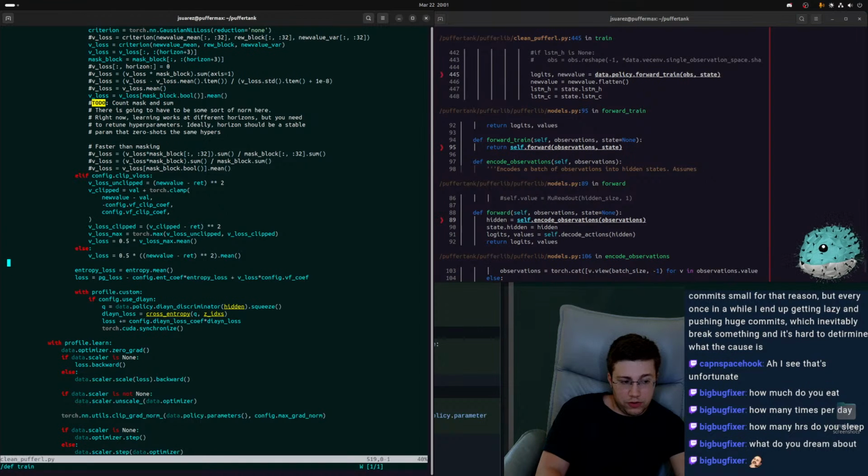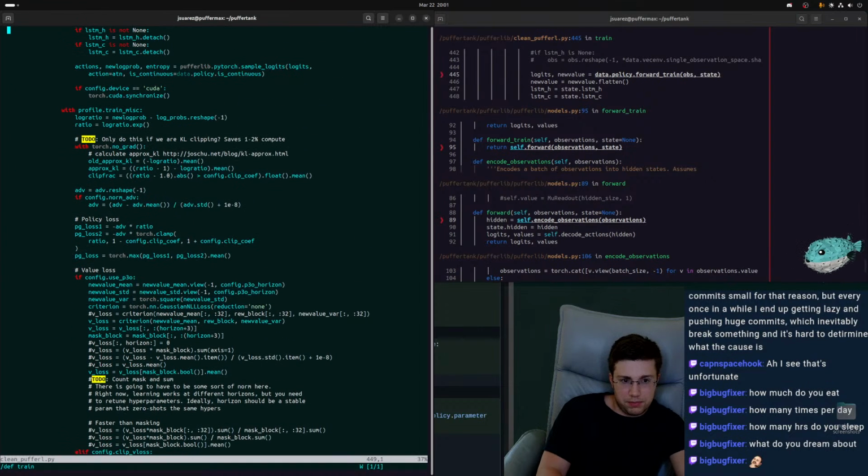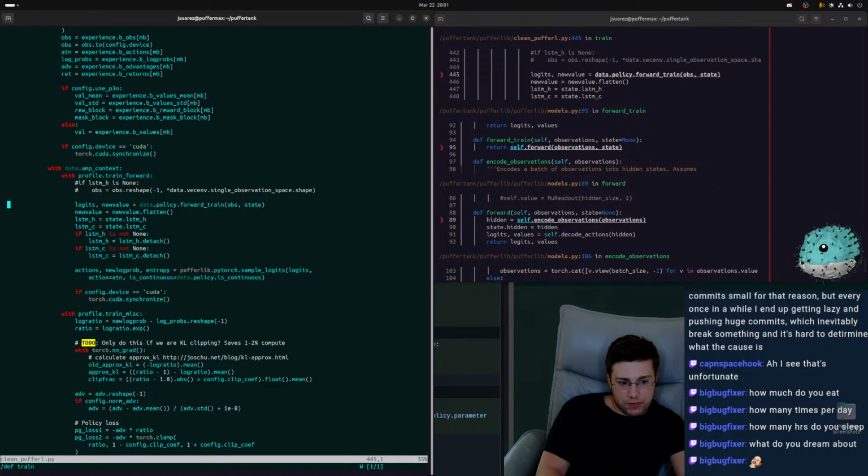It's gonna feel so nice when this branch is just cleaned up. It's not gonna finish today though. It's too much work.